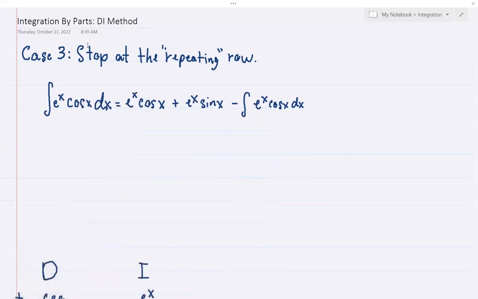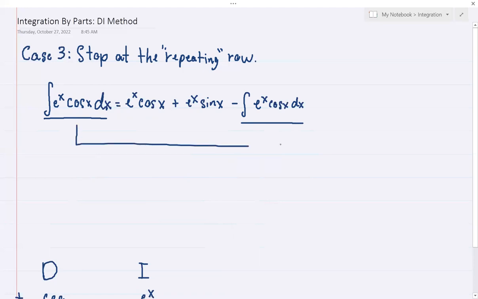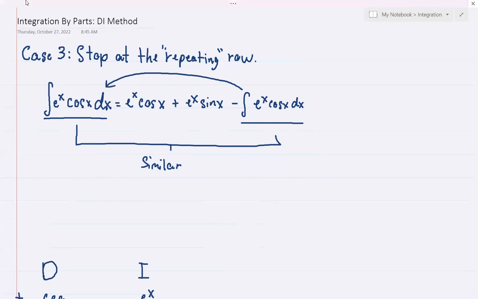Okay. So what are we going to do? Now let's take a look. We have this one, negative e raised to x times cosine x, and as you can see, they have a similarity. We have positive e raised to x times cosine x, and we have negative e raised to x times cosine x. So these two are similar terms. Both of them are similar. So what are we going to do? Transpose this one to the left. So by doing so, we will have